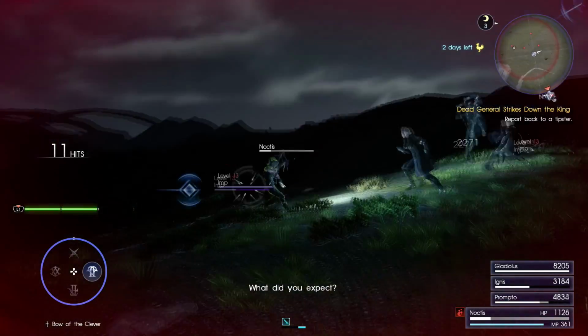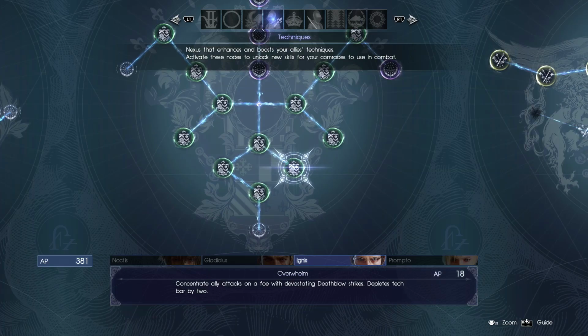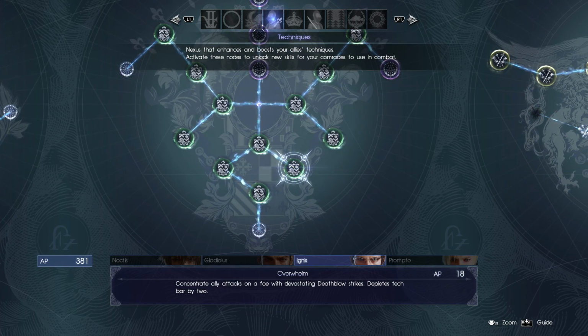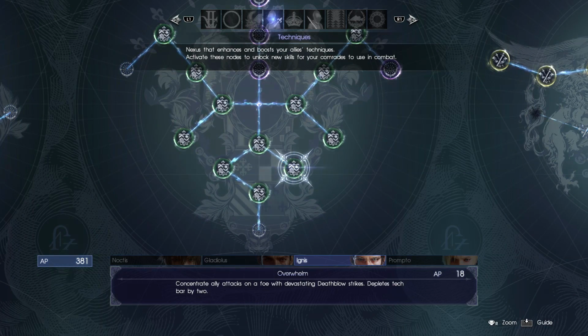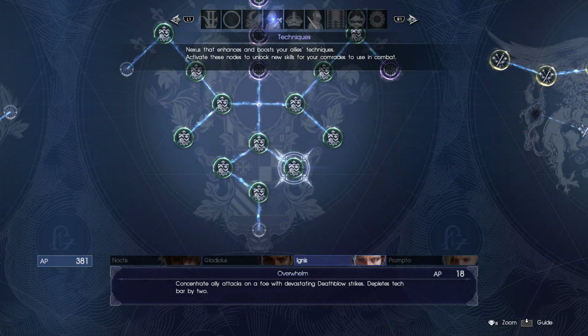Alright, now that you have the Bow of the Clever, next you're going to want to get Ignis's Overwhelm technique. Luckily, this only costs you a measly 26 AP in the technique tree to grab this skill. So Overwhelm forces all of your characters to unleash an all-out assault on a target at the cost of just 2 tech bars. Now on its own, the skill is incredibly powerful for dealing burst damage,